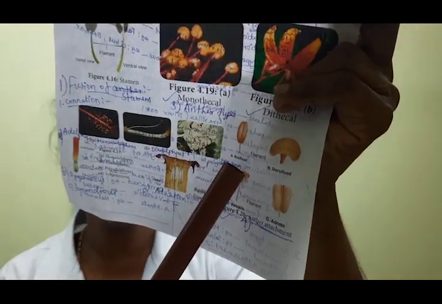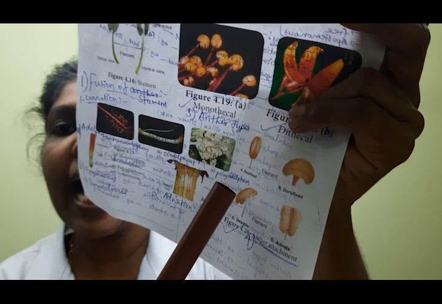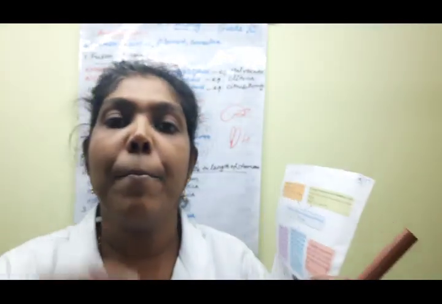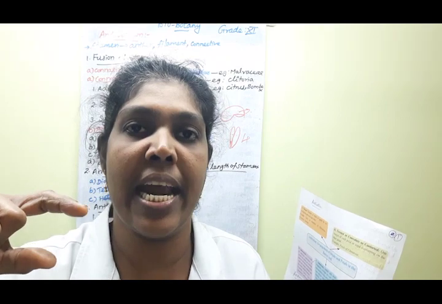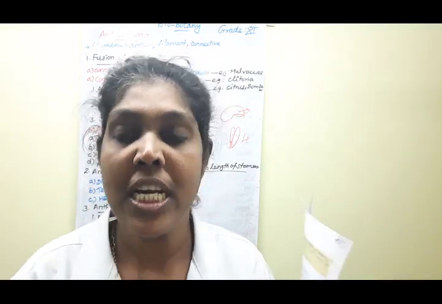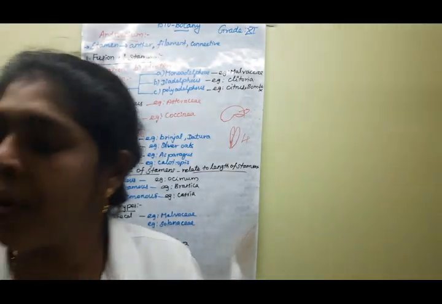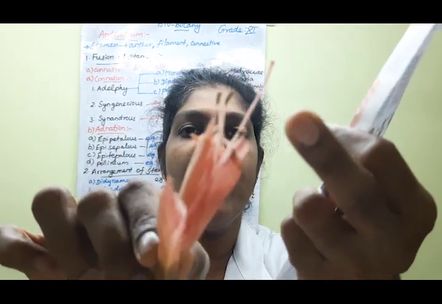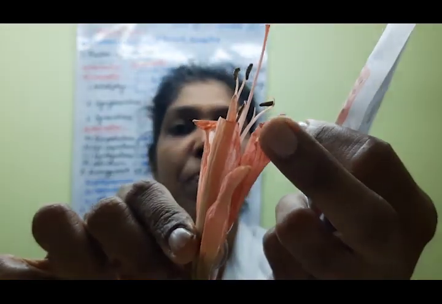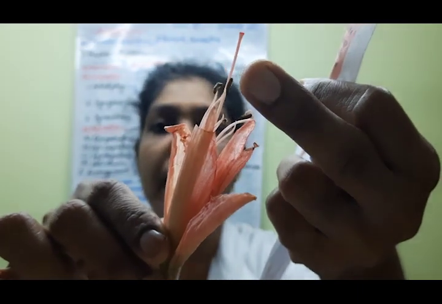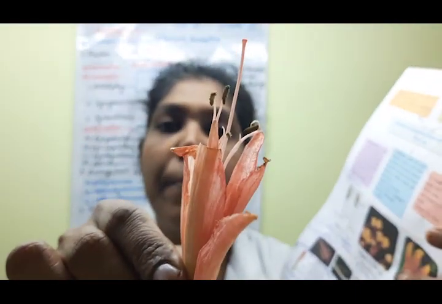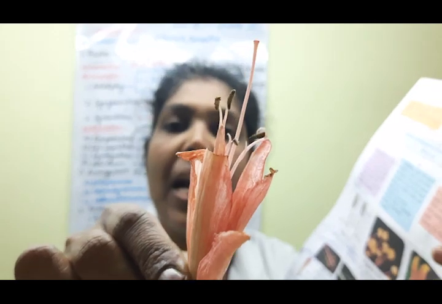Next one, versatile. What do you mean by versatile? This one, the 2 lobed anther is there, no? At the midpoint region the filament is attaching. Understood, ma'am? The midpoint region is attaching, and this arrangement is known as versatile. A very good example of this is Floras, this one. All of you see this one? All of you look at this diagram, ma'am. This is the specimen. Here this is the anther, and at the midpoint region of the anther the filament is attaching.